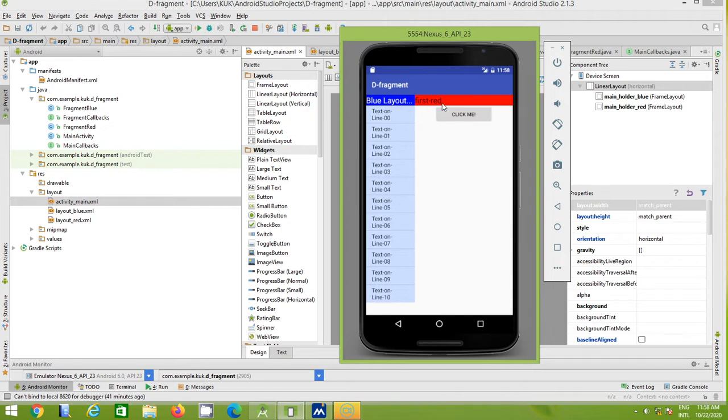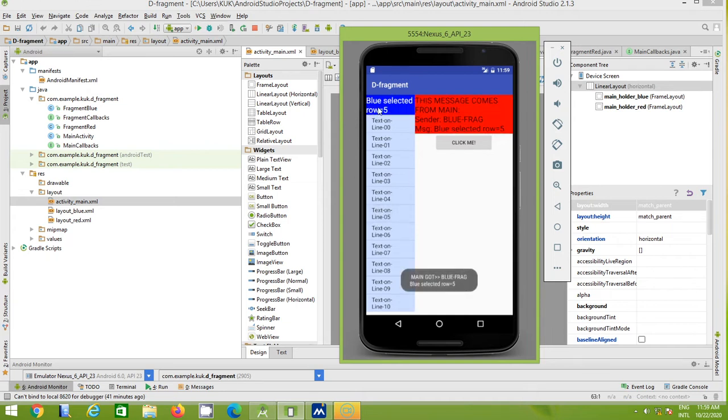to the red fragment. So if I click on any value in the list in the blue segment, suppose I click on line 5, that value is also displayed in the text view of the blue fragment, as well as a toast message, and third, the message is also transferred to the red fragment.